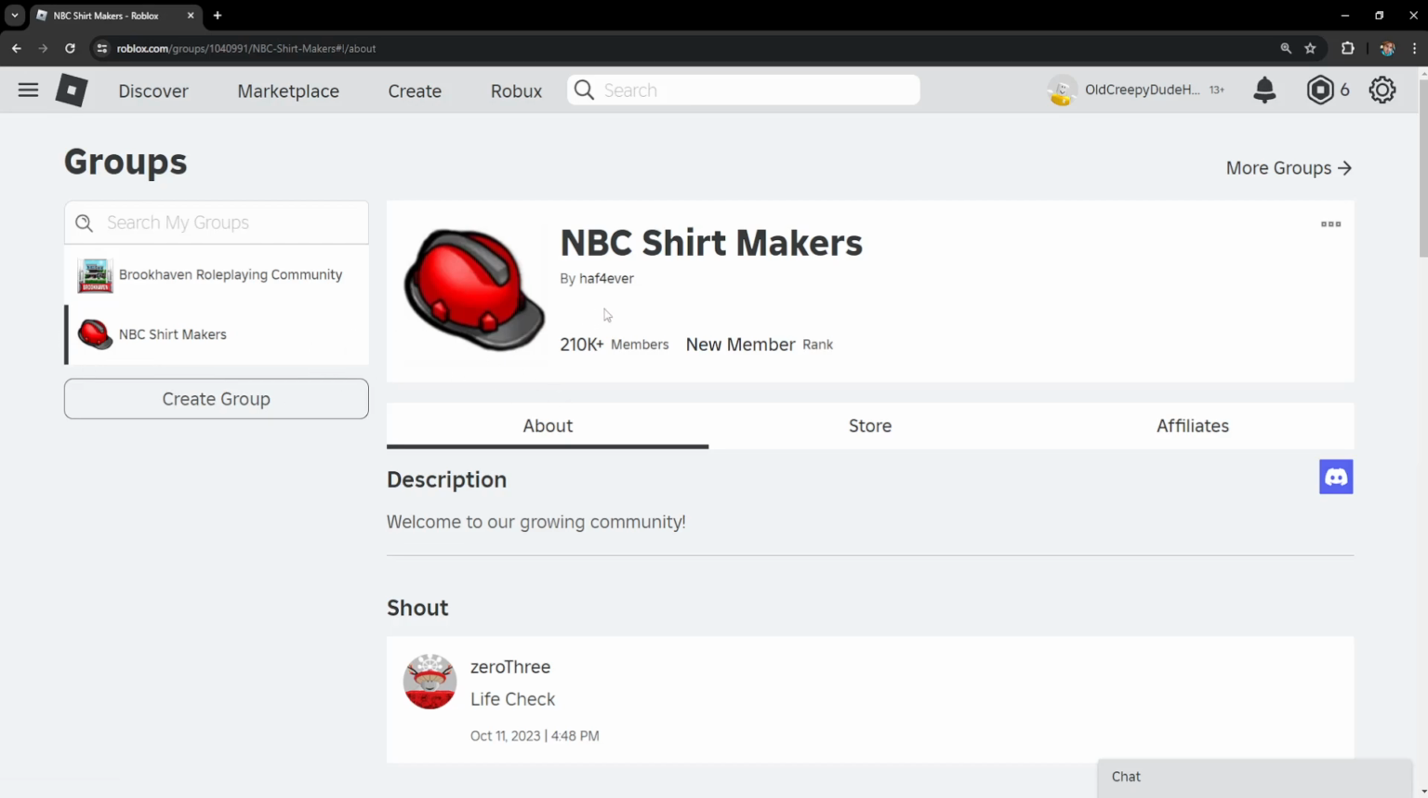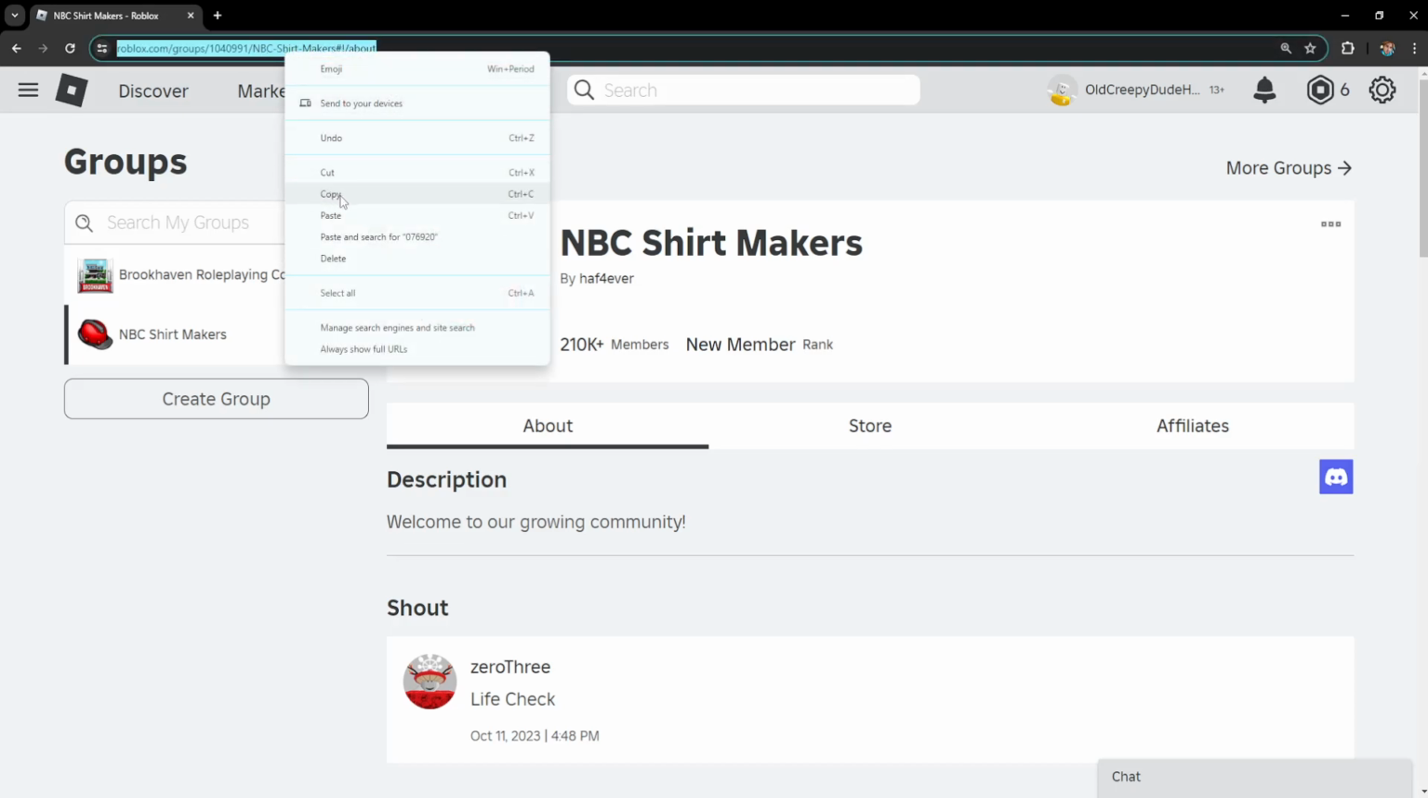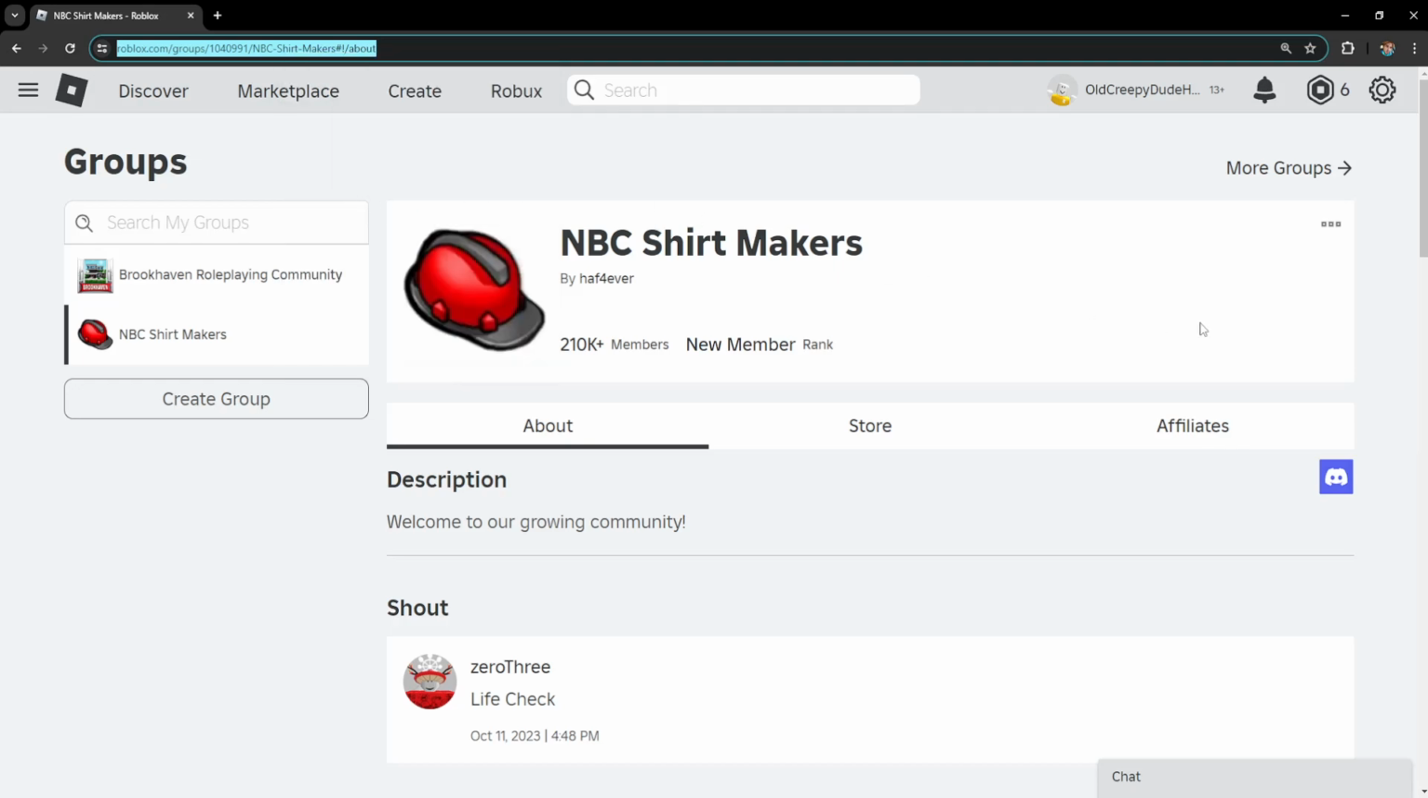Now after you have opened up the group itself, we want to copy this link. So just left click on it and then right click on it to copy this. So just copy this, and then what we're going to do is go to our chat here,